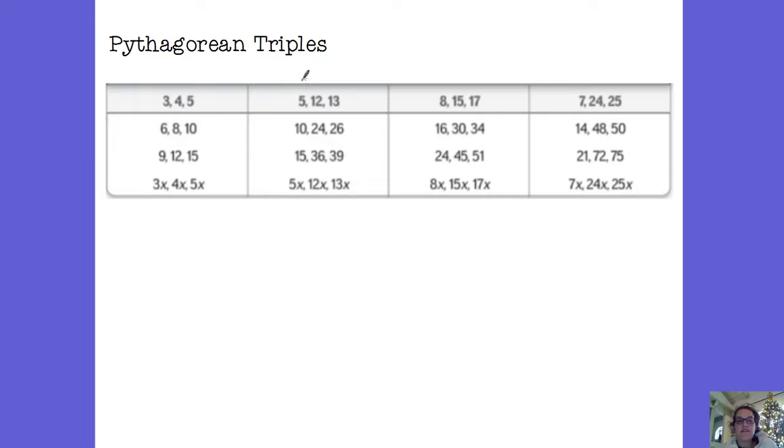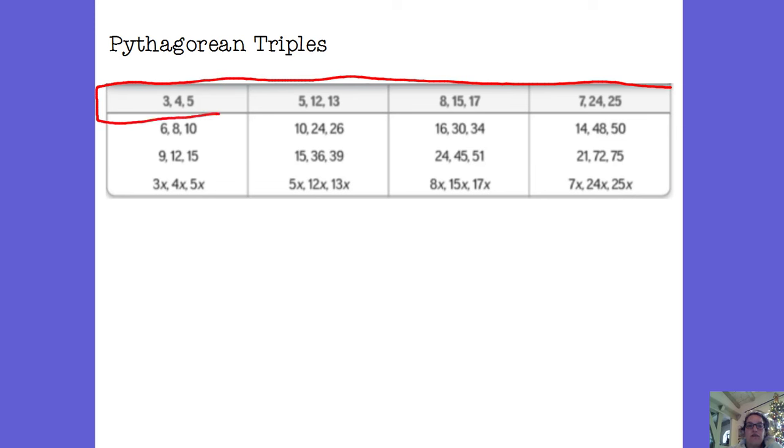So some common Pythagorean triples that would be beneficial for you to memorize, especially when you get to pre-cal, are these: 3, 4, 5, 5, 12, 13, 8, 15, 17, 7, 24, 25. And then the multiples of those. So you can sort of start to recognize patterns. Like if you see 16 and 30 and you're like, oh,